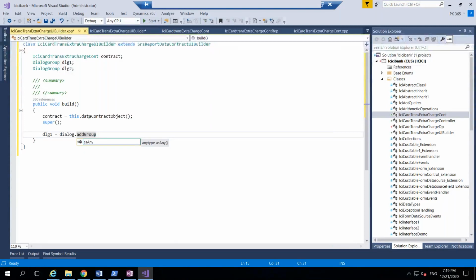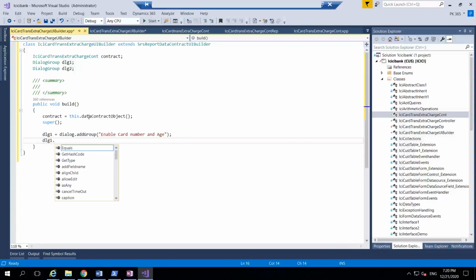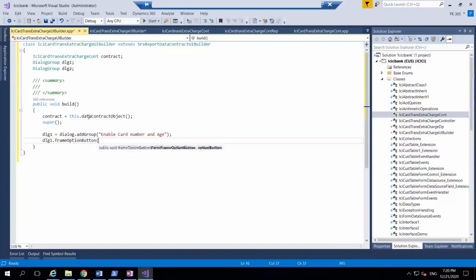Okay, there is something called add group, and then you can say enable card number and age. I want to enable card number and age in this dialog group control. Then you can say DLG1 dot... let me check whether it's there. Yeah, it's there. Frame option button, form frame option button,